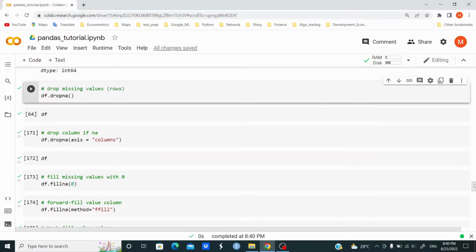Now, how to deal with missing values. Here I'm just showing you the technique. How you deal with the missing values in your own dataset depends on the data that you collect and also on how you deal with it in your specific field. Okay, so let's see, for example, how to drop the missing values. If we use df.dropna,